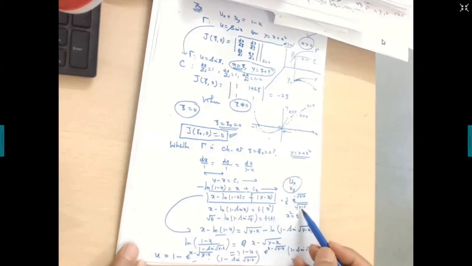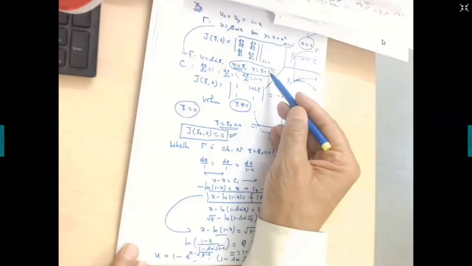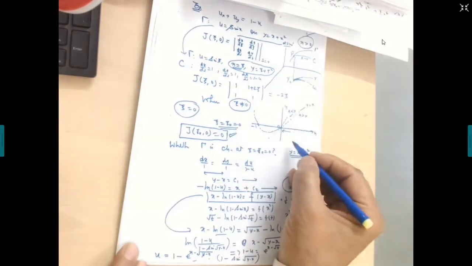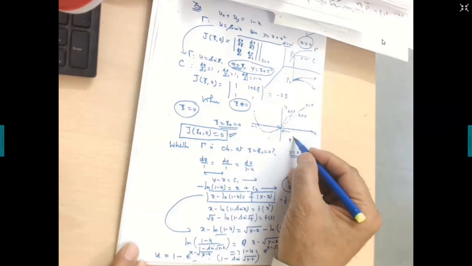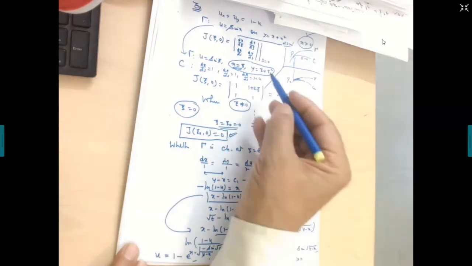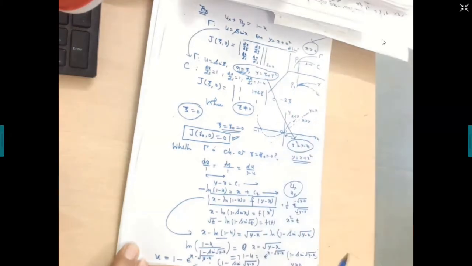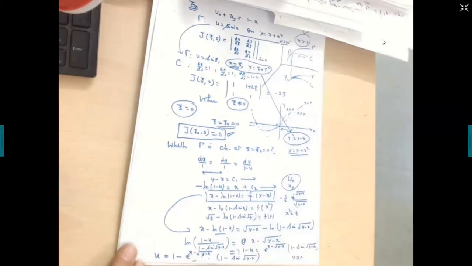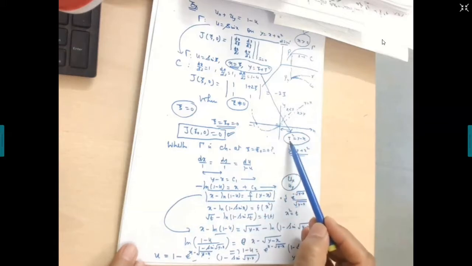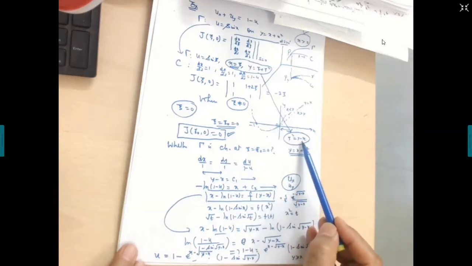When xi goes to 0, the solution looks like this, but you have to see that this is multiplied by 1 minus sine y minus x, right? What is xi square? Xi square is y minus x. It is always positive. From these two equations, xi square is your y minus x. So when xi goes to 0 it means y approaches x.